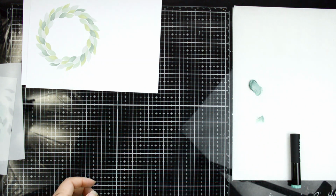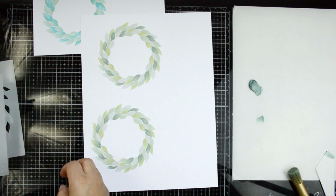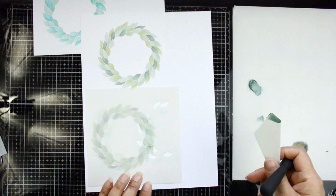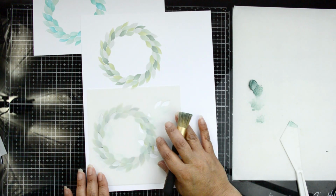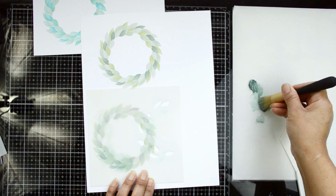So I am using texture paste. This is metallic texture paste from Vicky Boutin. The name is Spearmint, and I thought it was a nice combination of that tealish look with the green. And I'm going to use a stencil brush. This one has harder bristles, and the way I'm going to apply the